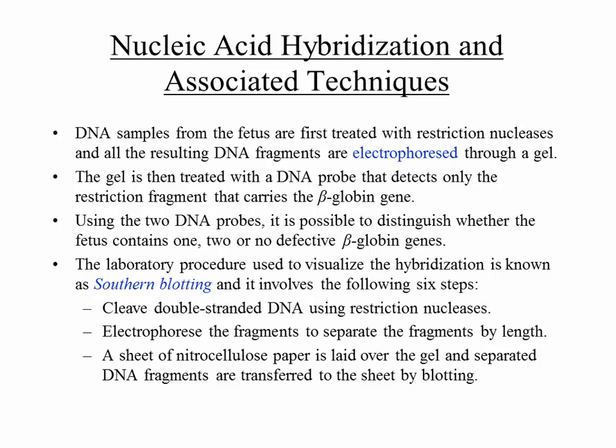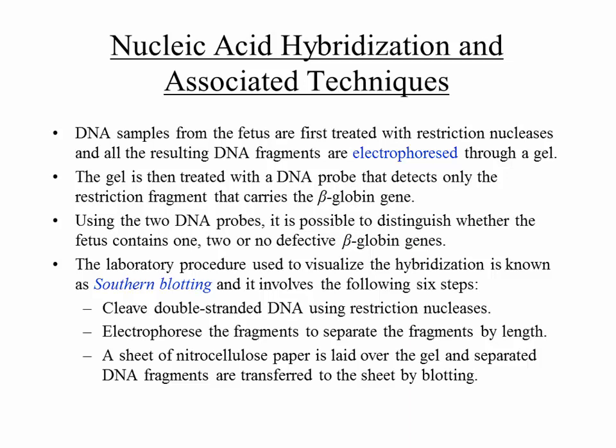So you went ahead and constructed the complement. So you created that probe. So using the two DNA probes, one DNA probe will correspond to the normal gene in that region. Another DNA probe will correspond to the sickle cell gene in that region. So using those two DNA probes, it is possible to distinguish whether the fetus contains one, two, or no defective